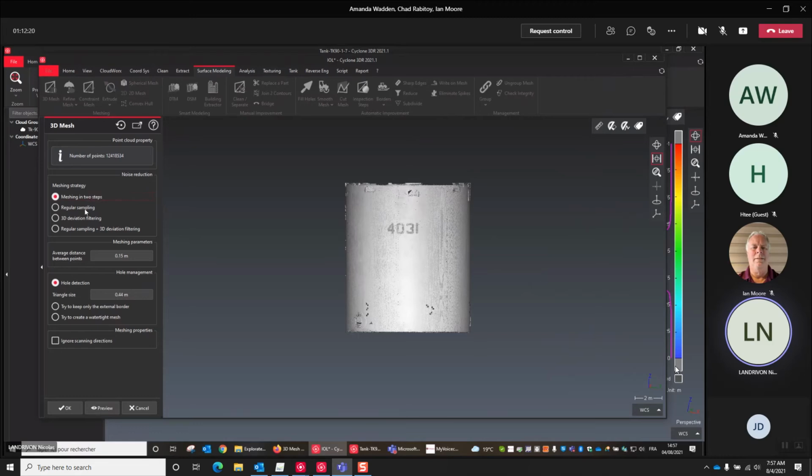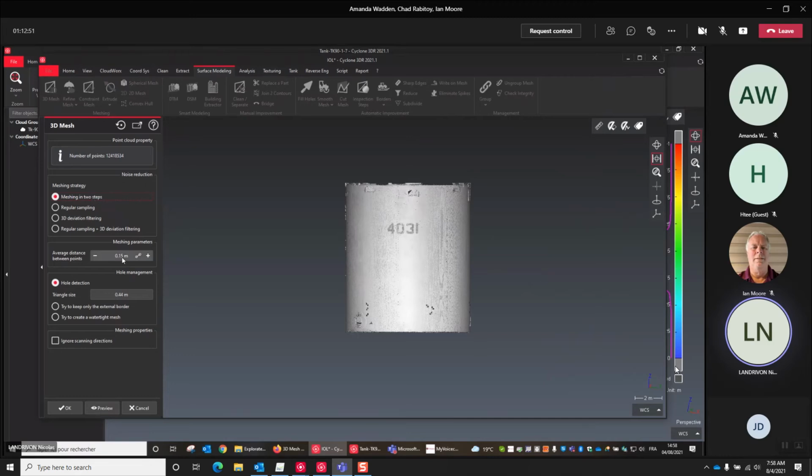Meshing in two steps follows the same idea: to pick up only the best points according to the sampling distance. The sampling distance usually depends on the number of points, but is usually between 2 to 3 times the value of the sampling distance. So it means that instead of taking a point every 7 centimeters, the meshing in two steps is going to pick up a point every 15 centimeters.